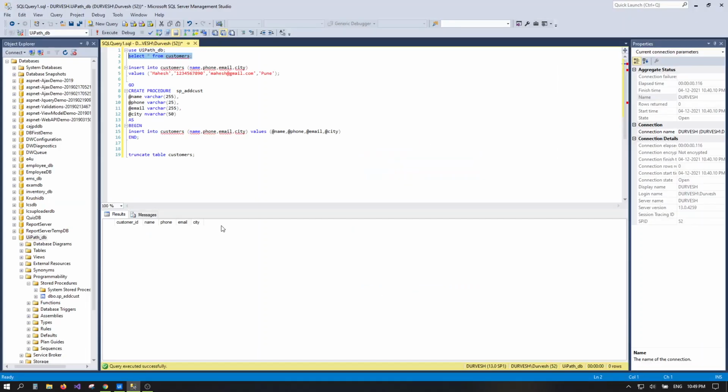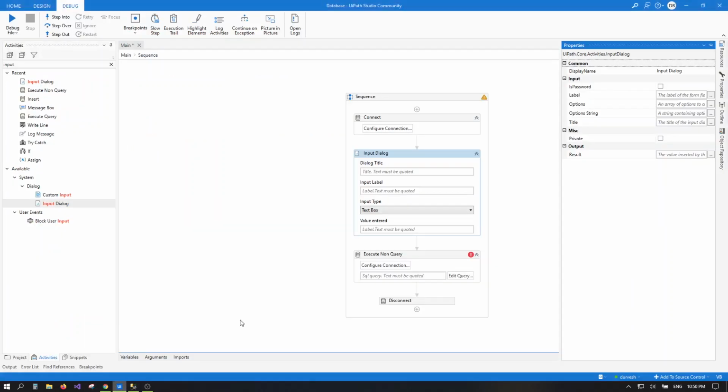In this table customer ID is a primary key, so we don't need to provide the customer ID. We'll just take inputs like name, phone, email and city. So title is the customer name.